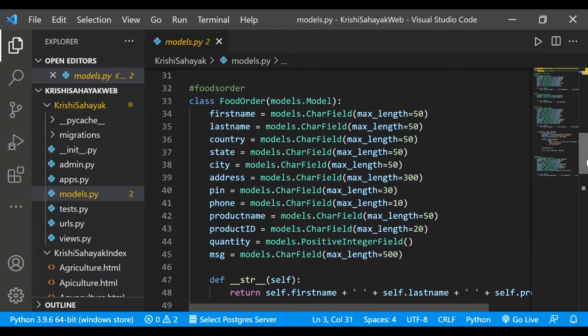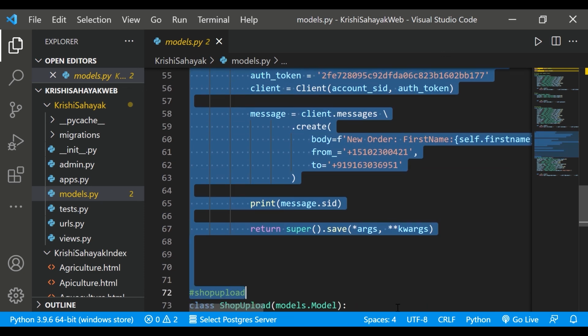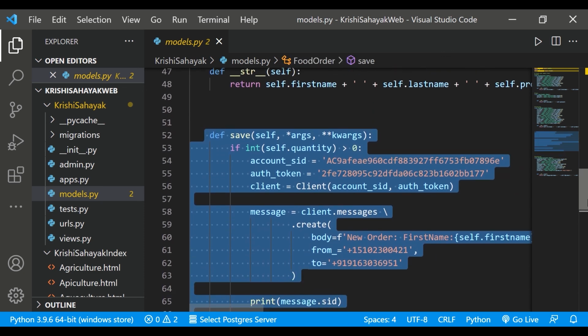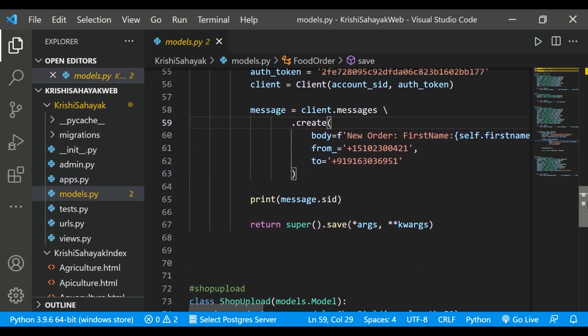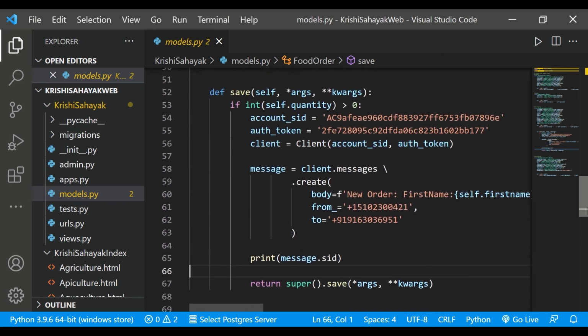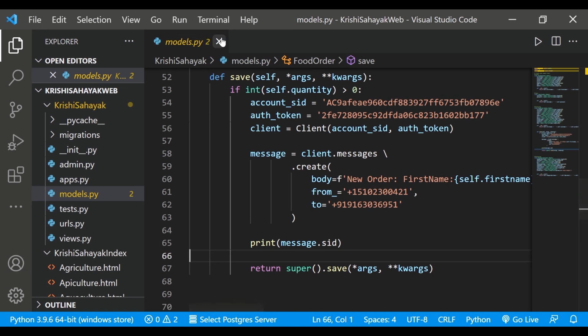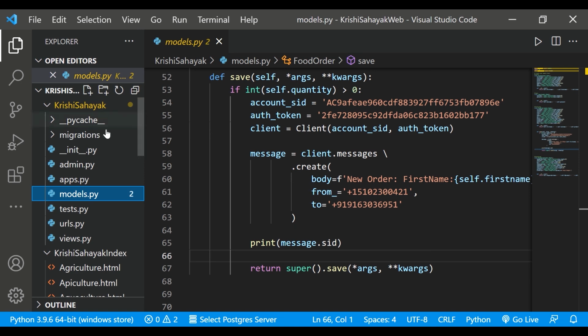So this portion is used for the phone message. The token, account ID, etc. are being given. The body of the message, from and to, everything is being given. This number is created in Twilio and the message is being printed. So this is how the messaging is being sent to the phone. Django provides these services as well to be incorporated in our web app.